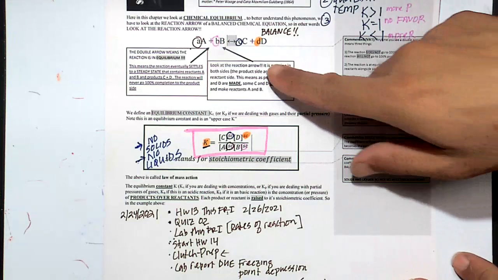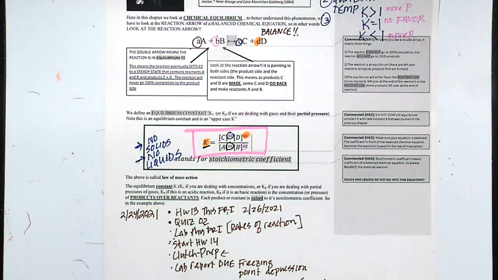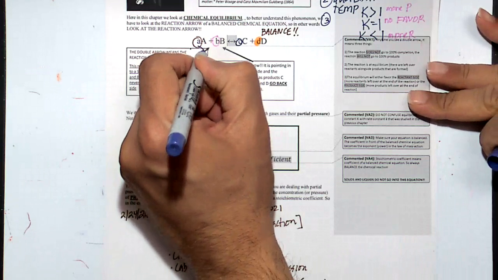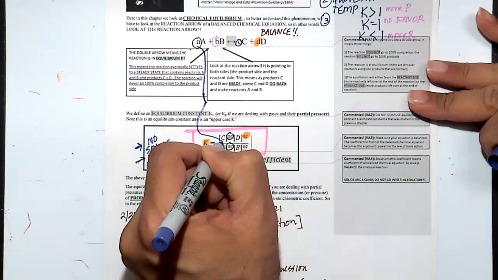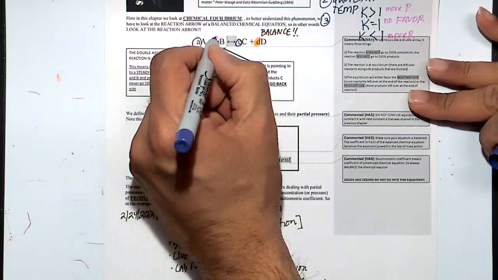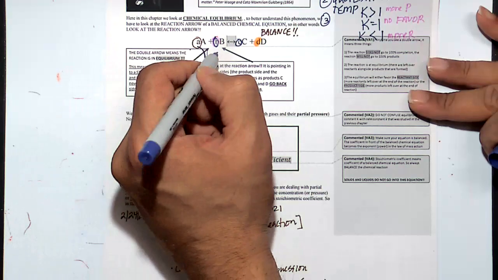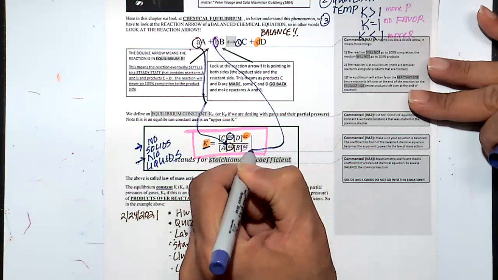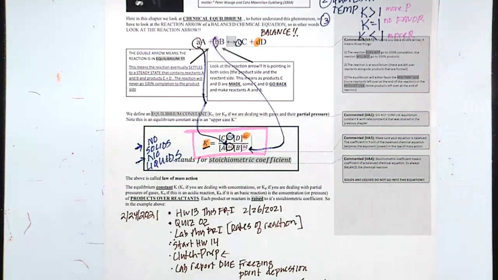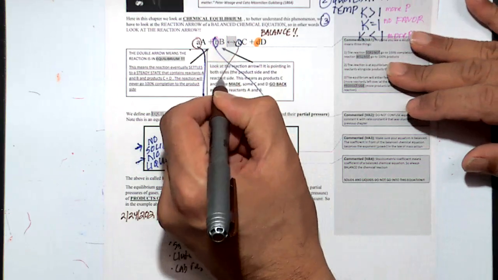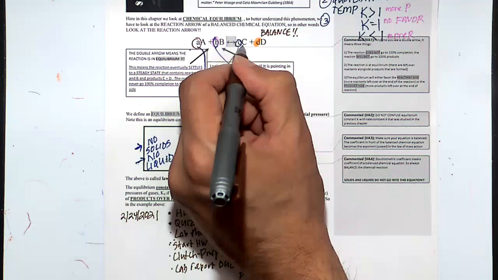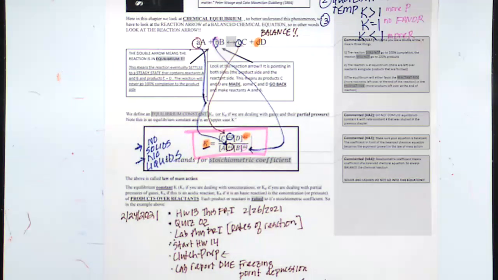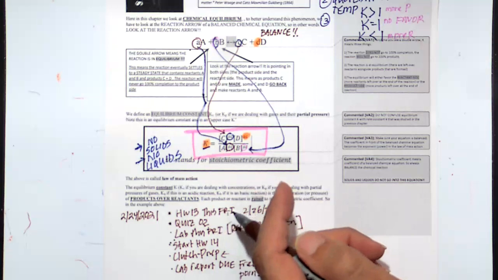First thing here, you got to make sure your equation is balanced, and the number from the balanced equation becomes the power, the exponent. A lot of people miss this based on my experience. So you raise it to that appropriate power. C gets raised to that power, which is the number in front of it in the equation. So that's rule number 1.